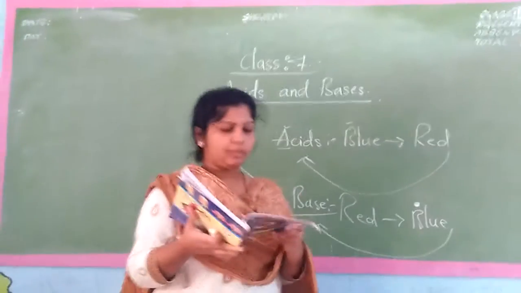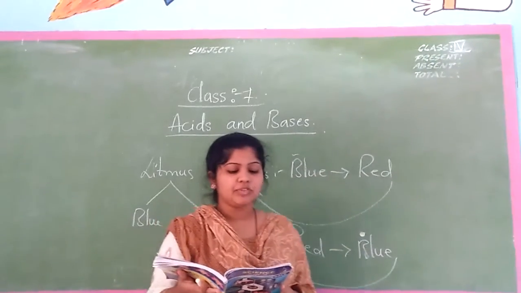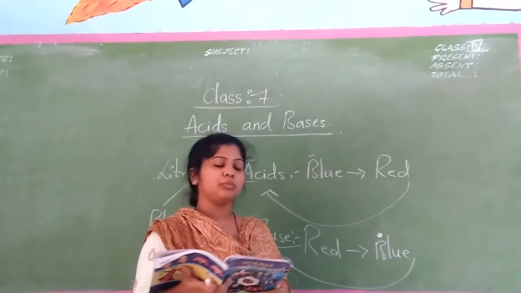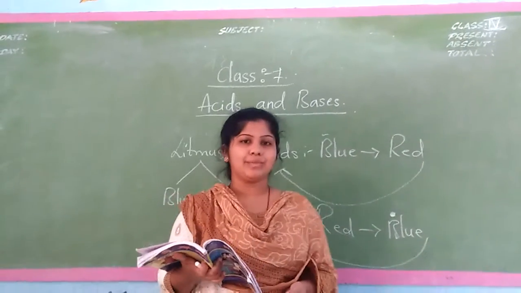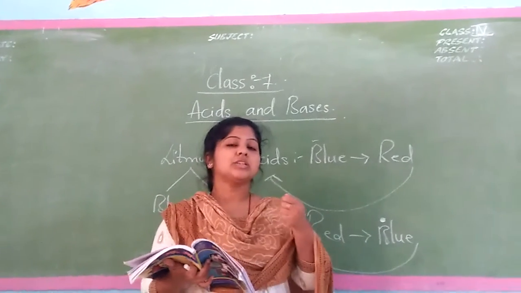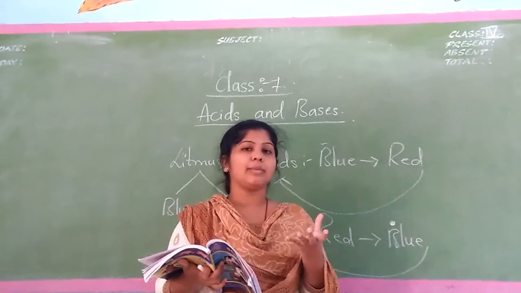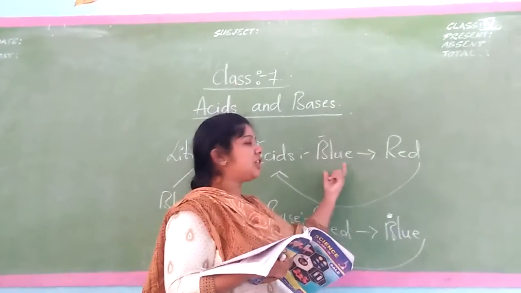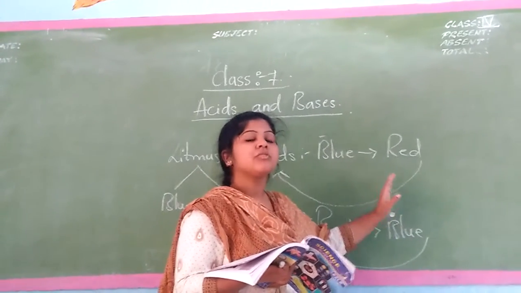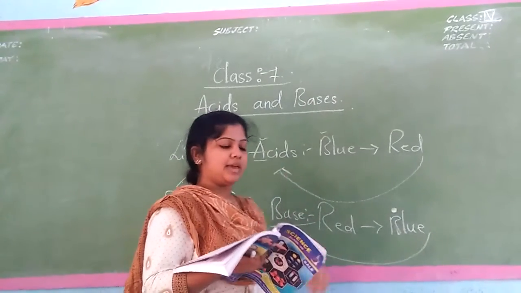Okay, now come on, take out page number 12. Indicator. The strips of litmus paper change the color based on the nature of the material put on them. For example, if you take lemon, lemon is what? Acid. Acid means what? When you keep the blue litmus paper on a cut lemon, you can find that the blue changes into red. Means what? By seeing the change of the litmus paper from one color to another color, you can say whether it is an acid or a base.